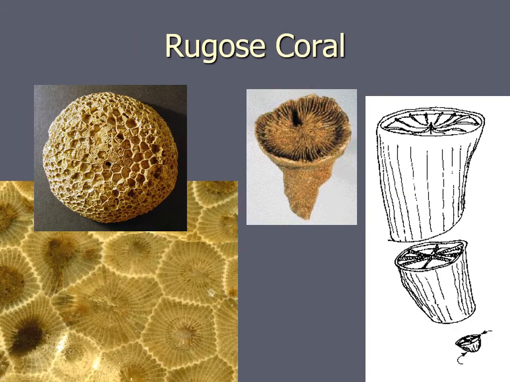So the Rugosa corals have what are called radiating septa from the center. This gives the polyp something to grip to as it's growing, and this is actually looking at a colonial version of a Rugosa coral. Okay, so Rugosa corals would grow in these colonies or as solitary. Sometimes the solitary ones are called horn corals, and the Rugosa colonial ones, such as this specimen here, which is called Hexagonaria, is a very common kind of honeycomb-looking coral.